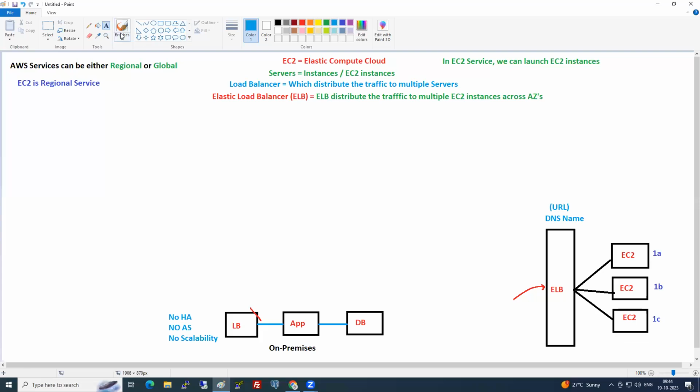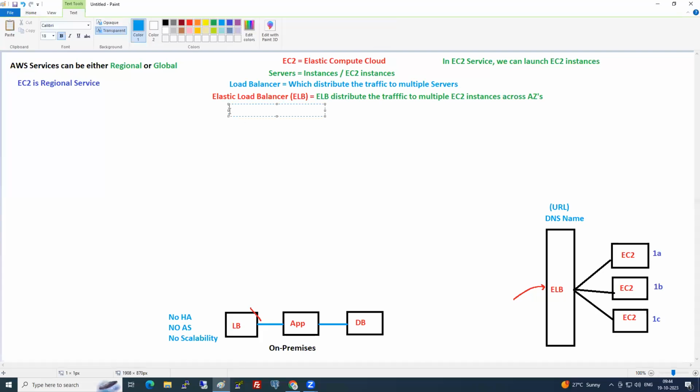So I'm writing here. ELB is completely managed by AWS. Do I need to worry about high availability, auto scaling, scalability, etc.? Every performance also.